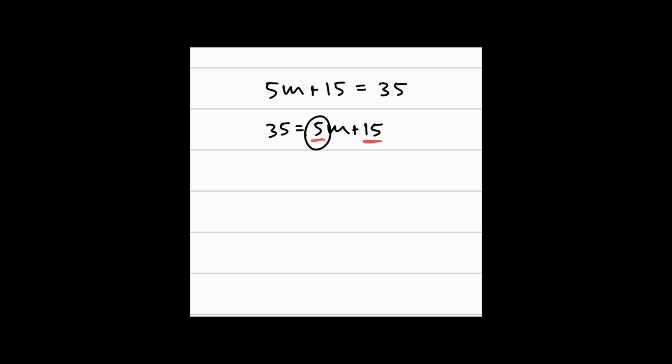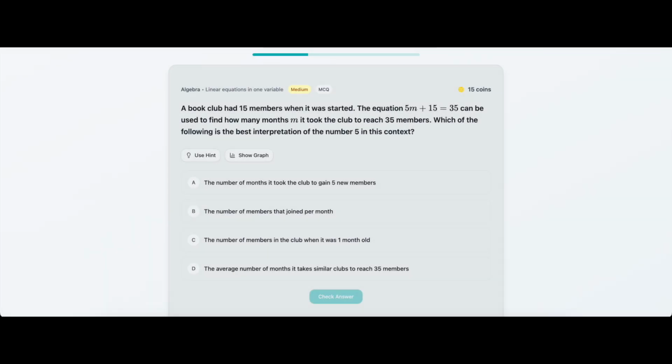So now that we know that 5 represents our rate of change, if we go back to our question, it says that m, our independent variable, represents the number of months, and I'm assuming that our dependent variable, y or whatever it is, is the number of members, right? And it makes sense because as the number of months go on, the number of members increases, right? So if m represents the number of months and 5 is our rate of change, and y is our number of members, then we can say that